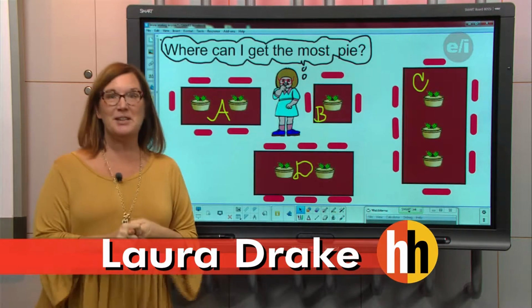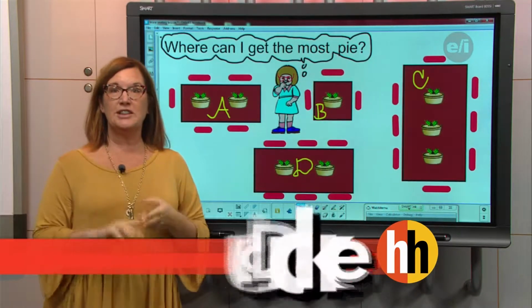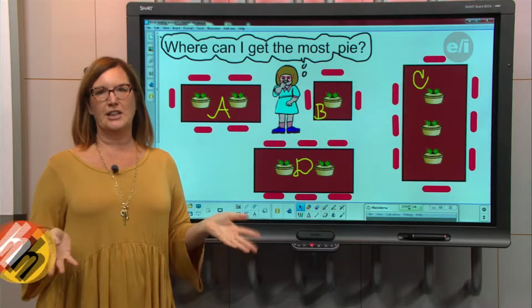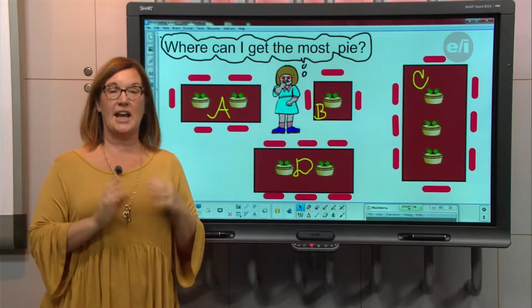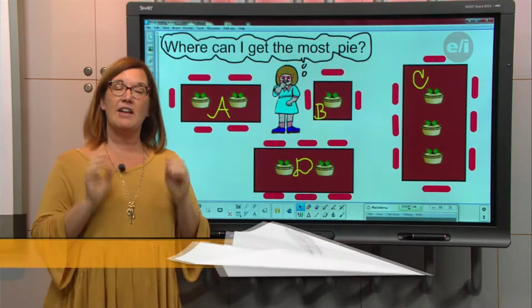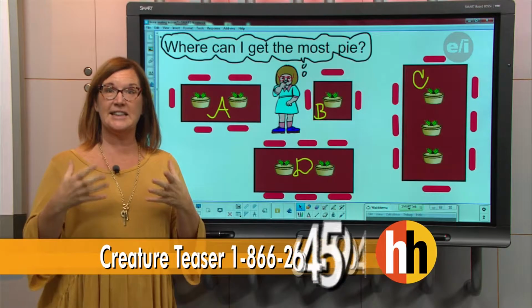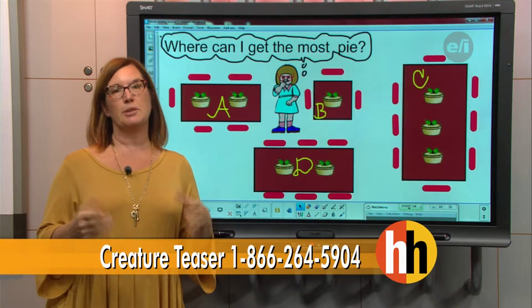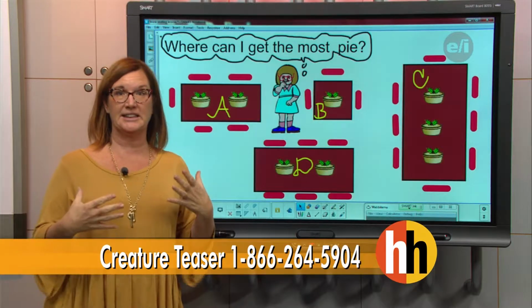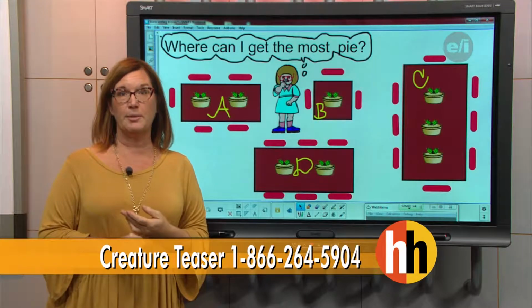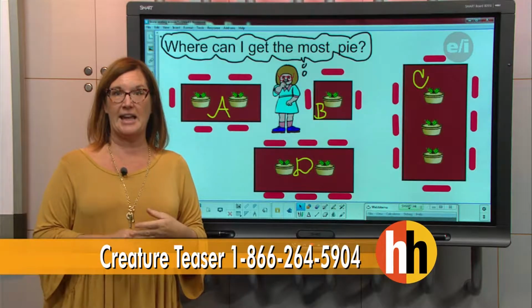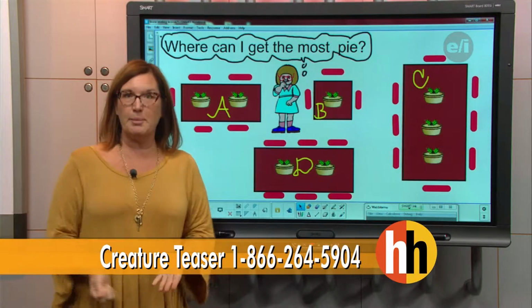So the assumptions that we need to make, first of all, is that when you sit at the table, everybody's going to have pie. All right? Nobody's saying, oh, no, thank you, I'm on a diet. Everybody's eating pie. And when we sit down at the table, we're going to cut the pie evenly, so nobody gets a small slice and somebody gets a big slice. So those are the two assumptions: everybody's going to get the same size slice of pie at their table, and everybody's going to have pie.